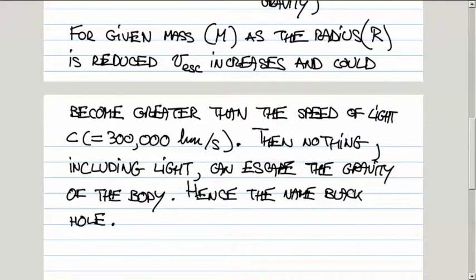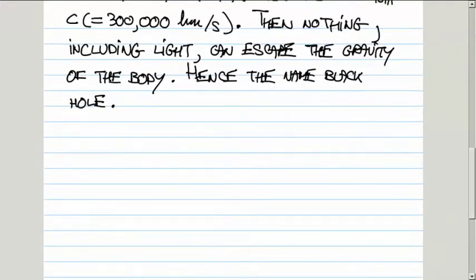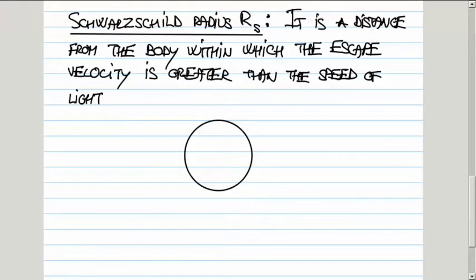There is a distance called the Schwarzschild radius. It's a distance from a body where the escape velocity is greater than the speed of light. Okay, so if this is the singularity, it's the point into which all of the mass of the collapsed core has fallen, so to speak,